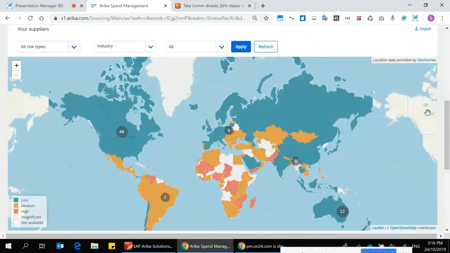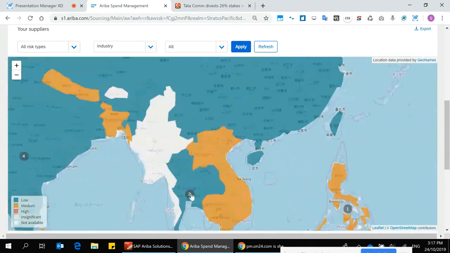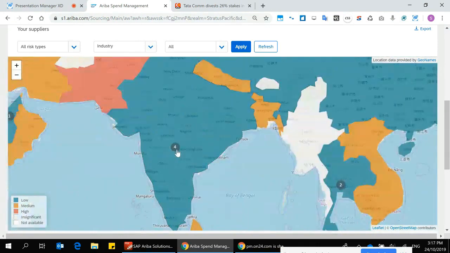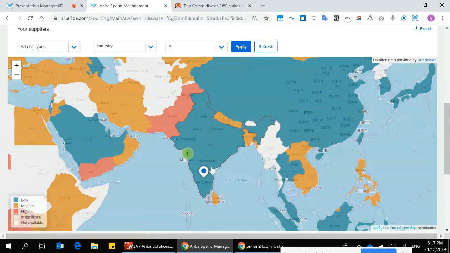We've also got a geography type view, a world map that will show where all the suppliers I'm following are located. So this is just my view. I actually have over 1,000 suppliers in my particular system that I'm demonstrating today, but me as a user, I've gone and selected a bunch of them that I want to follow. And you're able to drill into and look at where these particular suppliers are active, right down to the particular locations. This can be very useful in terms of monitoring and where are the more risky locations in terms of all risk types, as well as for forced labour as well.